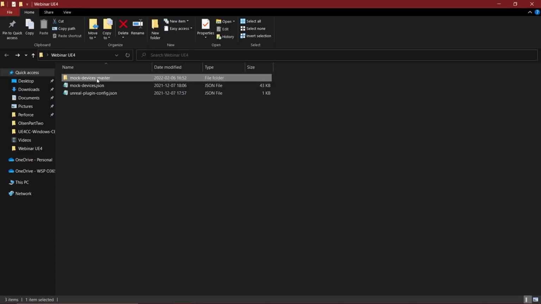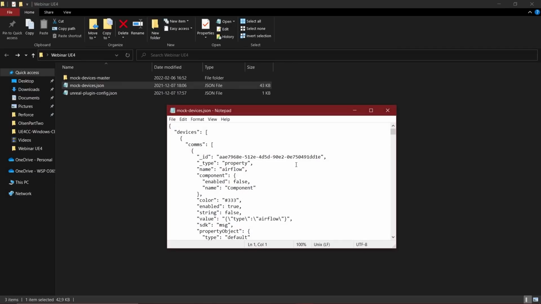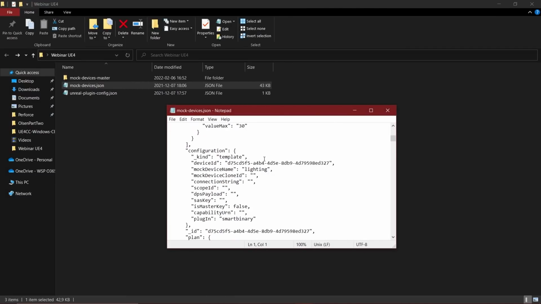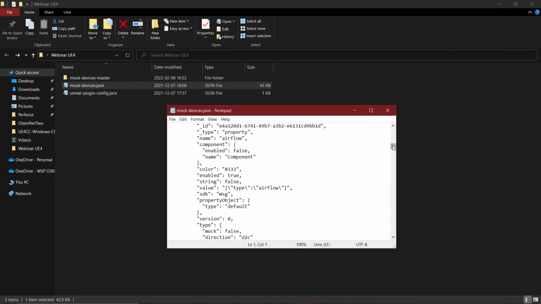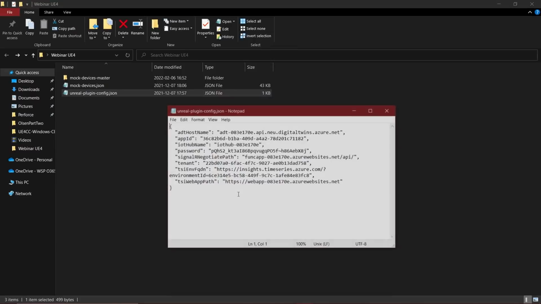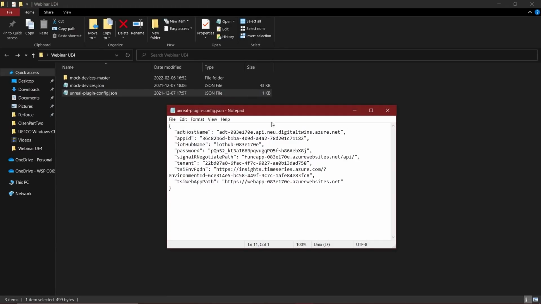So they will have the mock devices app itself, and the configuration file for the mock devices, which describes all of the different sensors and what values they will be sent and how they will send it. And then you would have the config for the Unreal plugin. So this will be loaded into Unreal Engine in the next step.